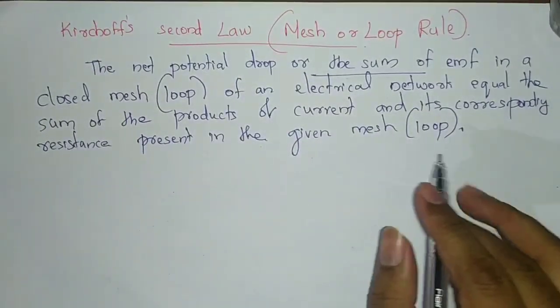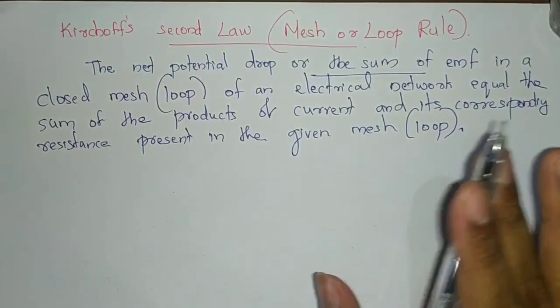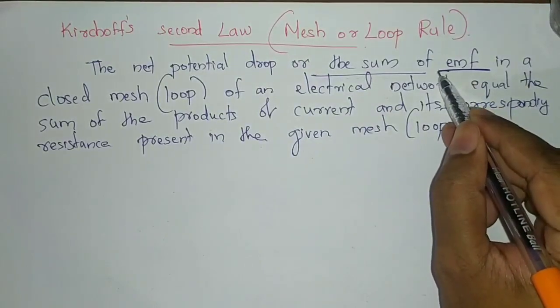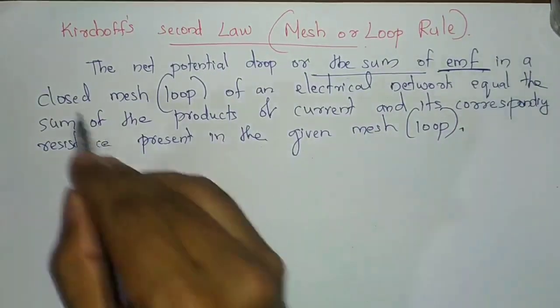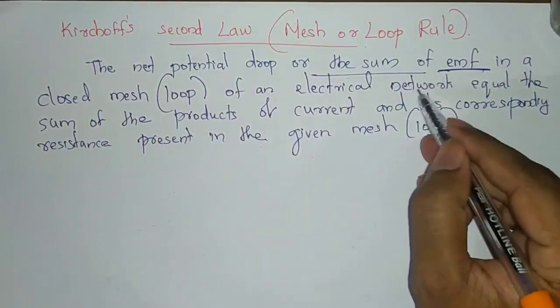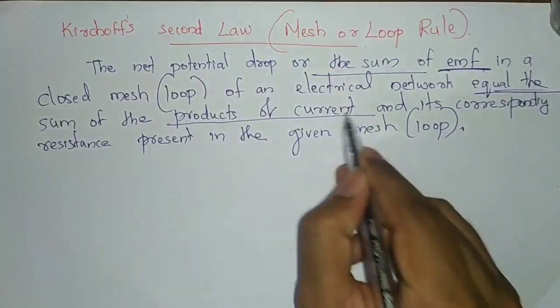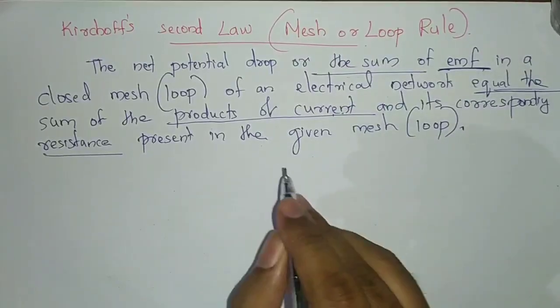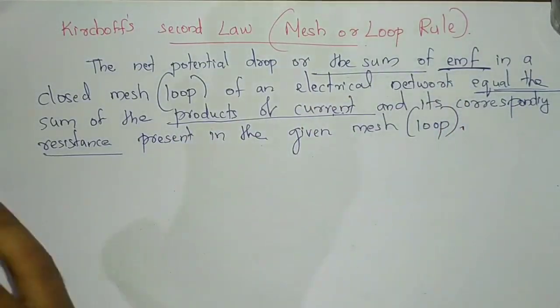So this law is almost similar to Ohm's law. Ohm's law was stated like that: V equals I into R. Here also it is similar. The difference is, instead of potential, we are using electromotive force, that is capital letter E. Capital letter E in a closed loop of an electrical network will be equal to the sum of the product of current, that is I, into corresponding resistance. That means E equals summation I into R. Summation means total. In Ohm's law, it was dealing with only one electrical current and one resistance available in a circuit. But here we are discussing the algebraic sum.